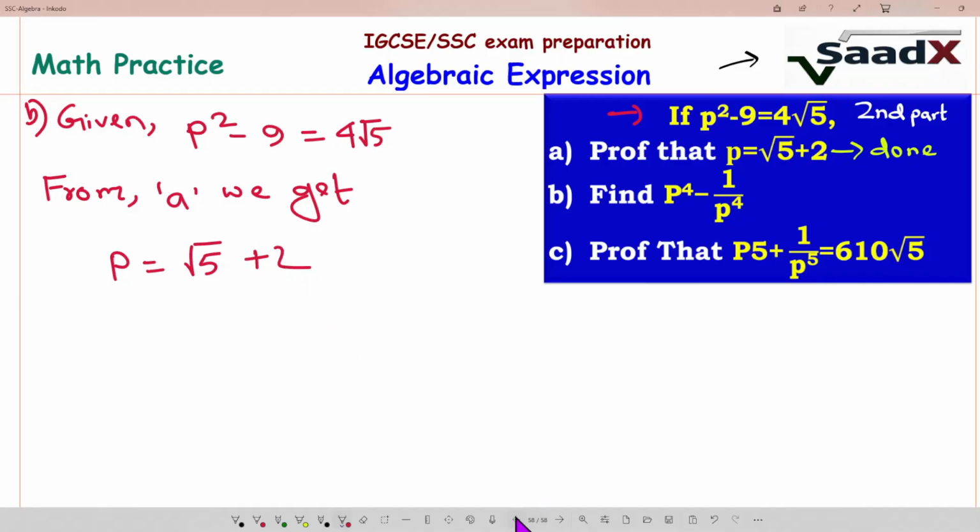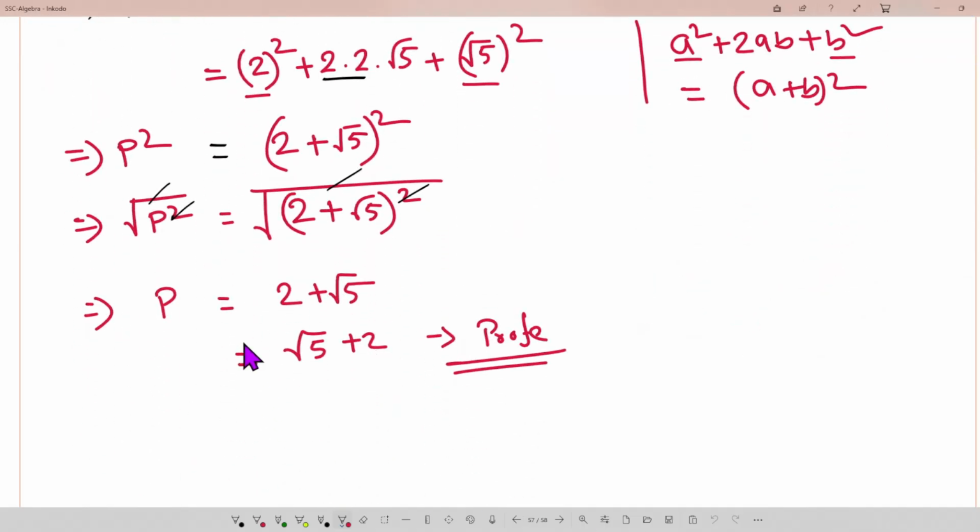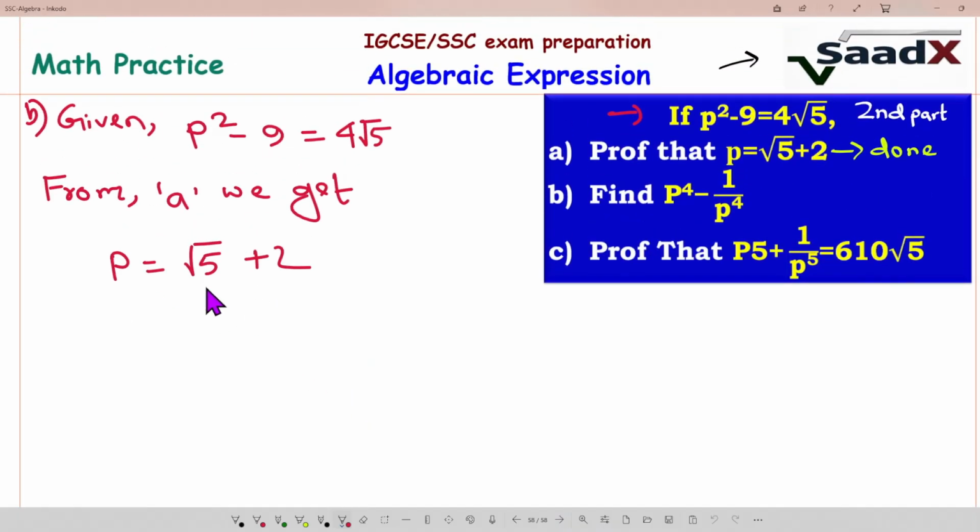You can see the last video where we already proved p equals root 5 plus 2. So we already have this one, but for p to the power 4 minus 1 by p to the power 4,